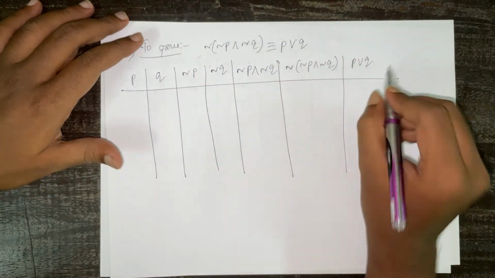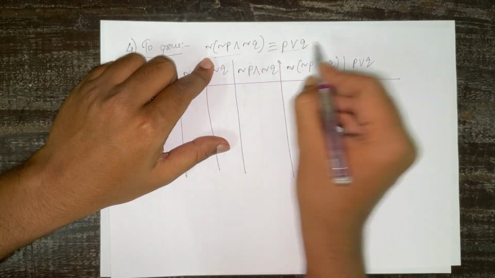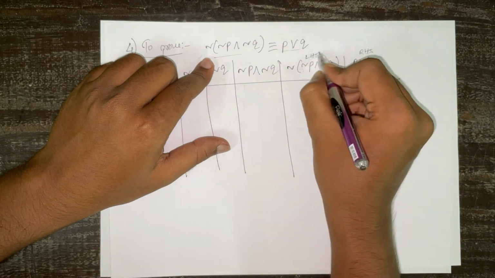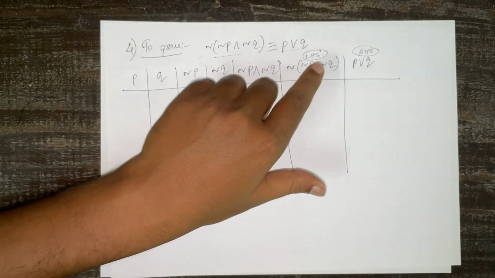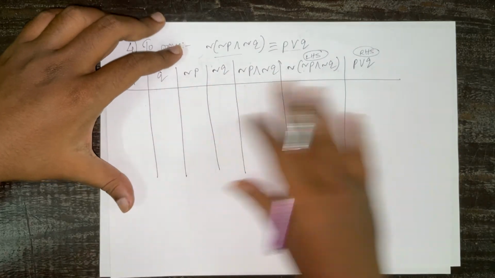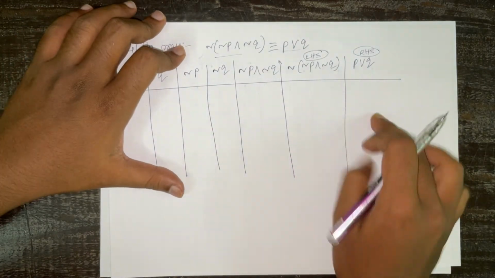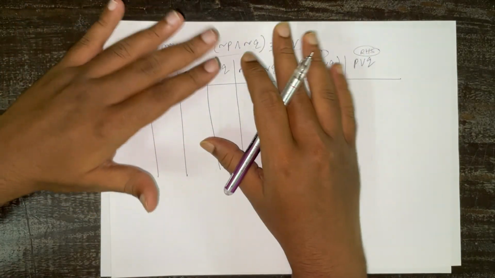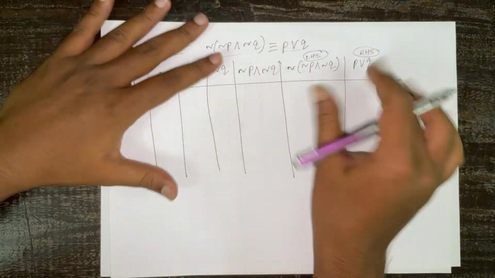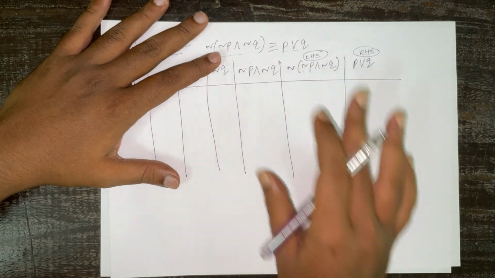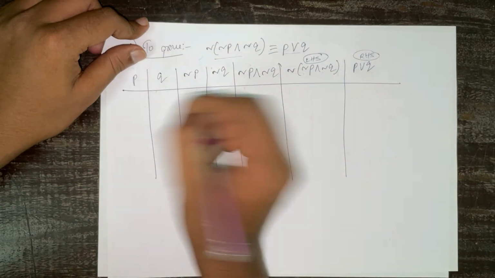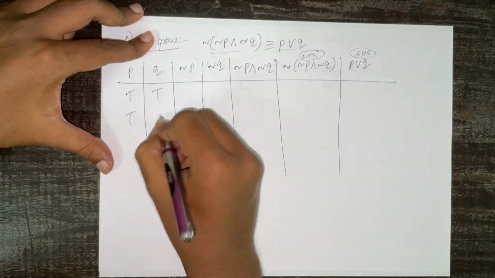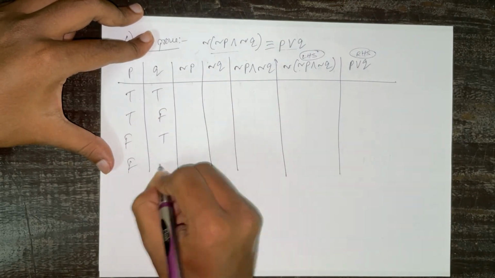Okay, so if you look carefully, this is our LHS, this is our RHS. That means this part is our LHS and this part is our RHS. Don't write this. I'm just writing it to show you that this is our LHS, this is our RHS. After we write the truth table, if the truth table of these two exactly match, then this is going to be true, means this is going to be correct, hence we have proved it. If anything goes wrong, that means it is not true, so we have to do it again. So what are the possibilities? As we have seen earlier, what do we do? True, true, true, false, false, true, false, false.